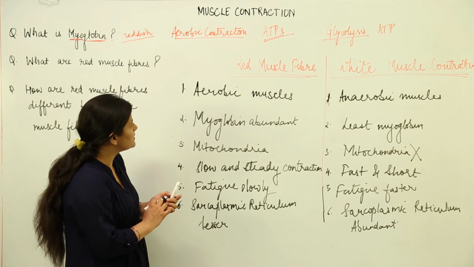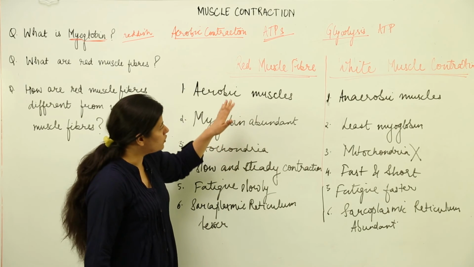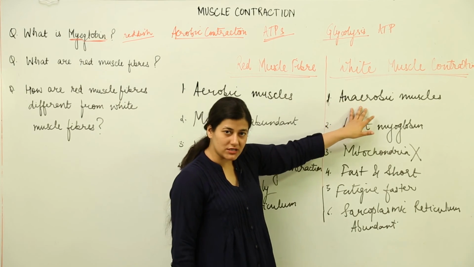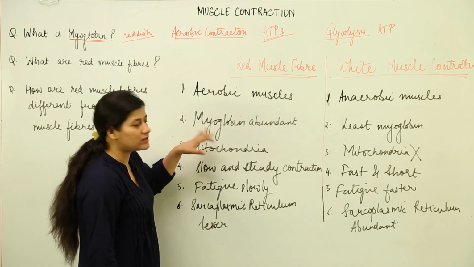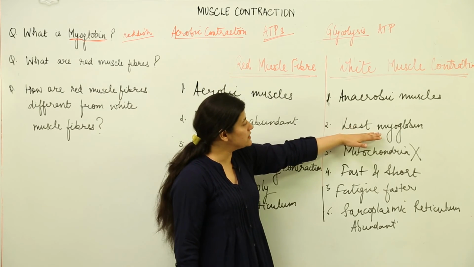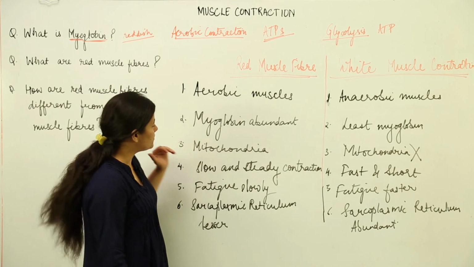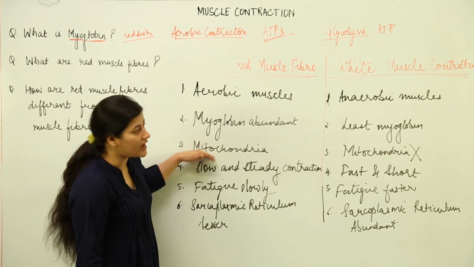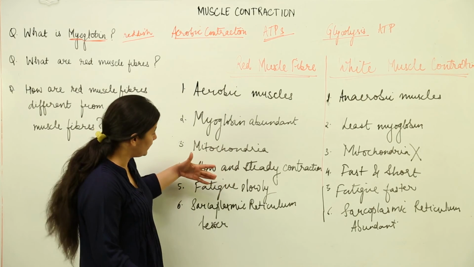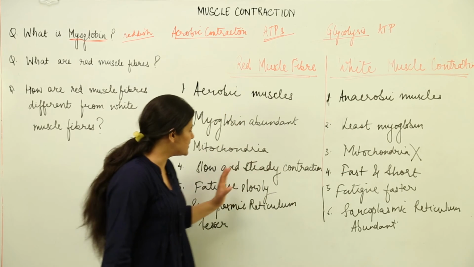First, these are aerobic muscles, these are anaerobic muscles; these are dependent on oxidative phosphorylation for ATP, these are dependent on glycolysis-generated ATP. The myoglobin is abundant in greater quantities, that's why they are named red muscles. These muscles have least myoglobin content, that's why they appear white, because red pigment is not present. Then talking about mitochondria, as they are aerobic, they would need oxidative phosphorylation, so they would need mitochondria in great abundance. Mitochondria, even if they are not present, would do in the case of white muscle contraction.